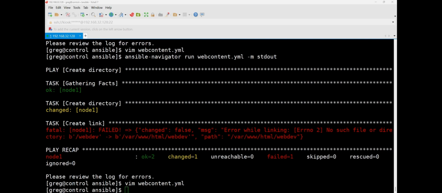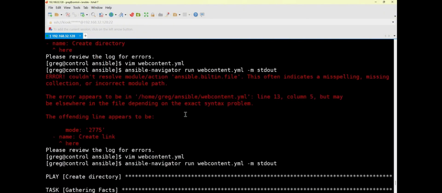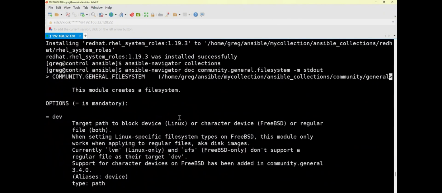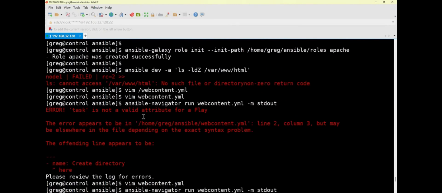On Node 1, I noticed that there was an error message that appeared just a moment ago, though I'm not entirely sure if you happened to see it when it popped up on the screen. The message indicated an error similar to this. Right? When I was using the pwd command to check this content earlier, what did I find? I found that there was a directory missing. Under the var www directory, the HTML directory was missing, and if there's no HTML directory,